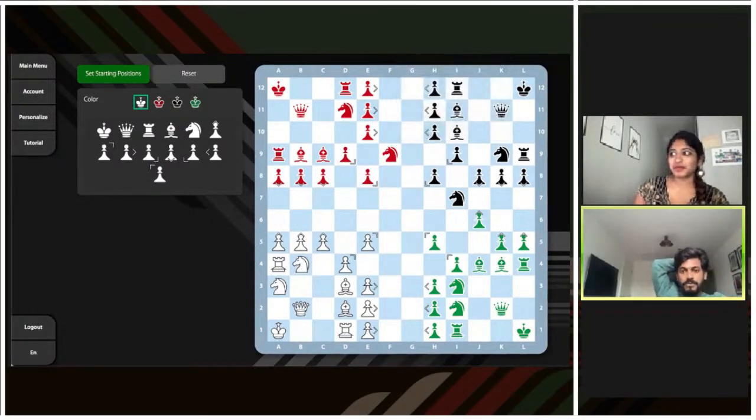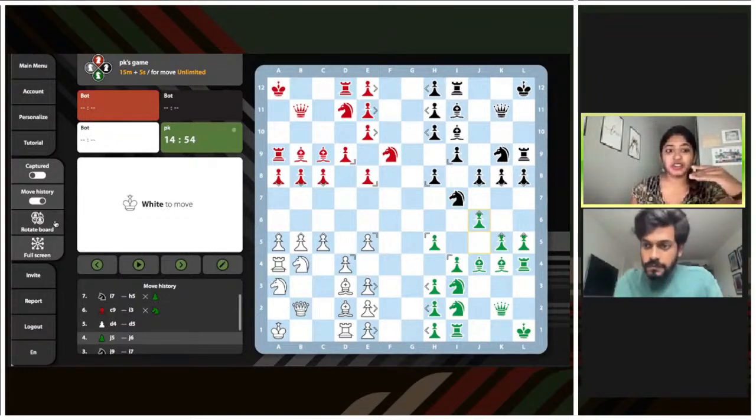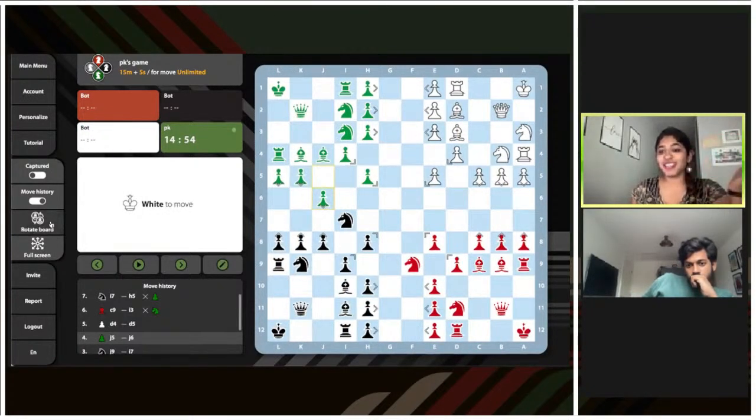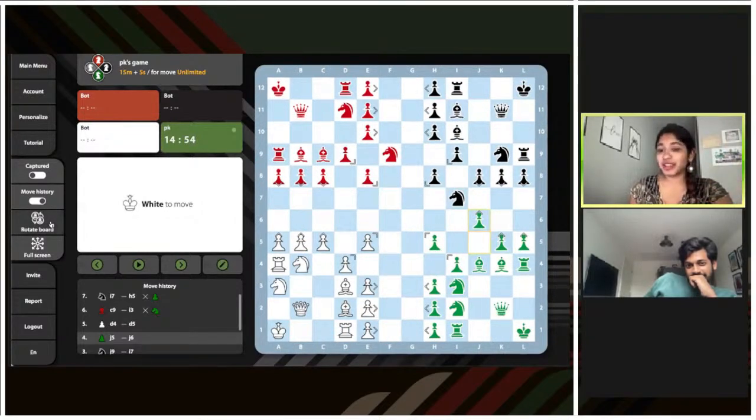So for sure. And then the other fun thing that I've realized is very popular, which I didn't know, is this thing called rotate board, which does that. And y'all, the reason this is so funny is because a lot of people have a preference of where they like to play from on the board.